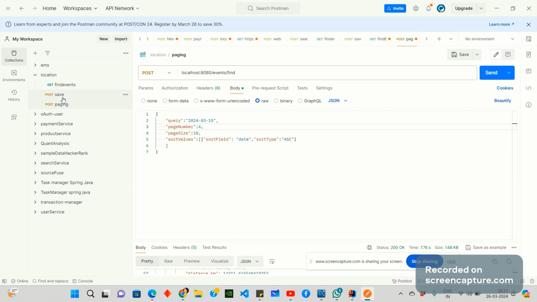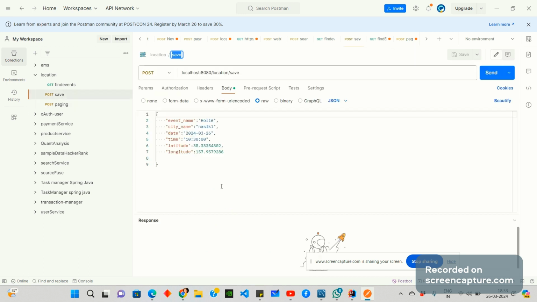I do have a create API to save the data. I can also save the data from here. Let me just give any random event name. Since we recently had Holi, you can just place Holi. The city name can be anything. Let me just put the city name as, let's say, Bangalore,